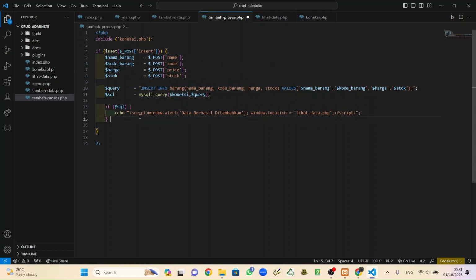But we will make an else here. Else echo gagal menambah data, and echo again a href back to the tambah.php.